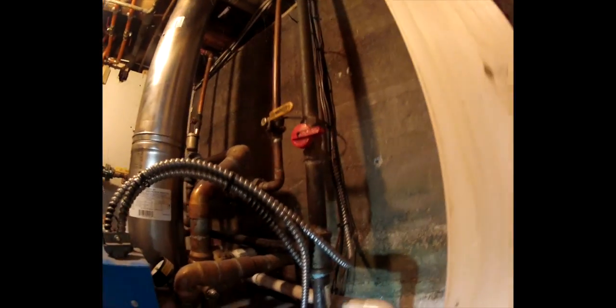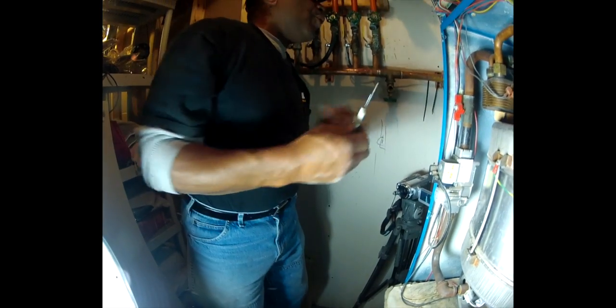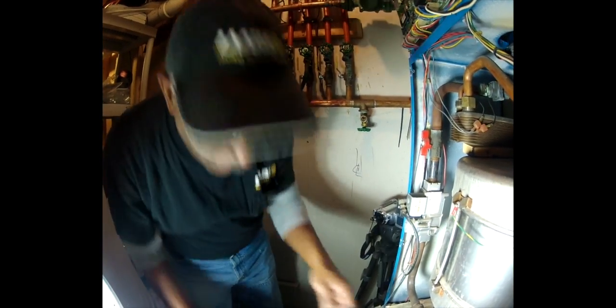Okay, so now we're going to shut the boiler off again. We're going to disconnect this igniter, put it where we don't damage it, because we'll probably package this up and save it for an emergency boiler, emergency use. Okay, we're going to reconnect the